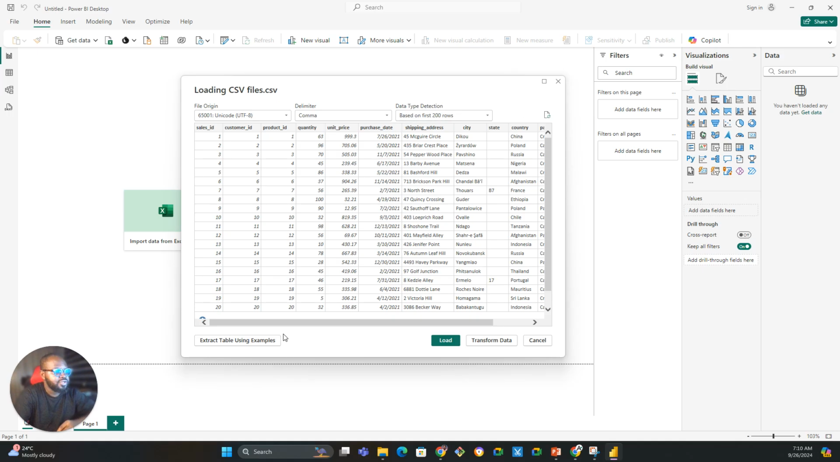And for data type detection, Power BI usually detects the data type. So you know each field or each column has a data type, right? For sales ID, it looks like an integer. For customer ID, it's an integer. For shipping address, it looks like a string. So Power BI automatically detects what data type is in a particular field based on the first 200 rows. But if you wanted to detect the data type based on the entire data set, you can just switch that here. Once you've adjusted the delimiter, the encoding and the data type detection, and you're fine,